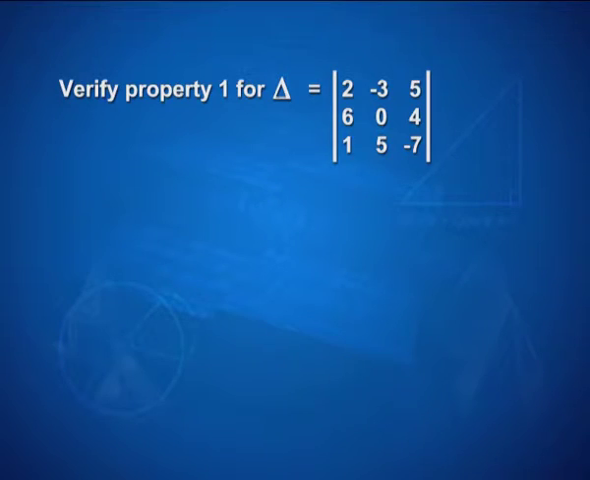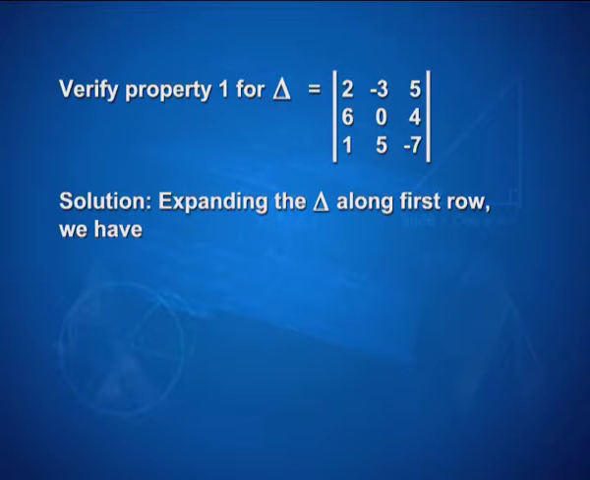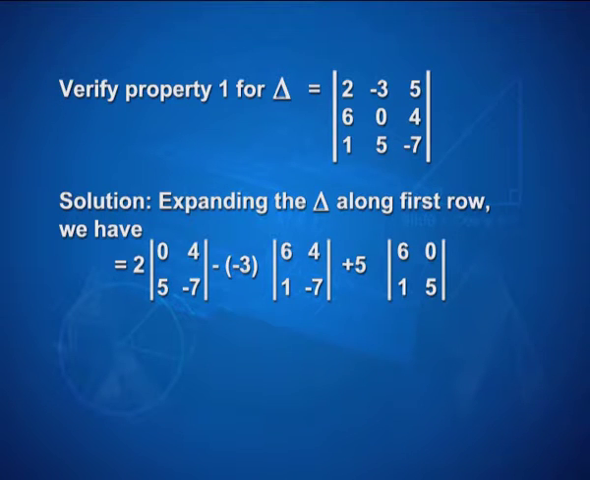Let us take one determinant: 2, minus 3, 5, 6, 0, 4, 1, 5, minus 7. For the solution, expanding the determinant along the first row, we have determinant is equal to 2 multiplied by determinant 0, 4, 5, minus 7, minus 3 multiplied by determinant 6, 4, 1, minus 7, plus 5 into determinant